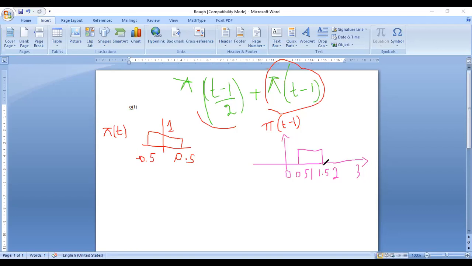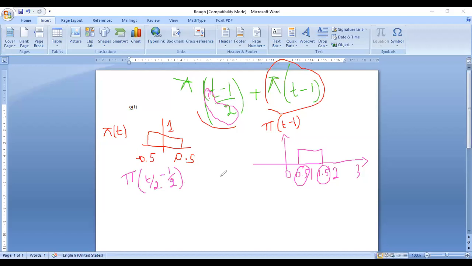So successfully we could do phi of t minus 1. So now the next step is I want phi of (t minus 1) by 2. So 1 by 2, can I consider this as the scaling? So what I should do is separately write like this: phi of t by 2. As per our convenience, we have to write the given question. So if it is like this, we can solve it easily. Phi of t by 2 minus 1 by 2.